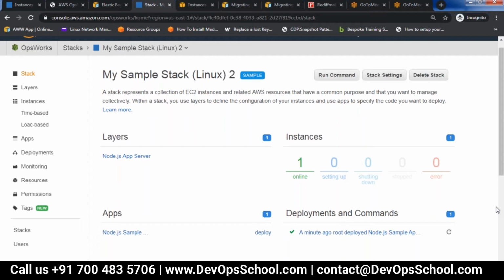So there are different methods used in deploying, so it depends upon your requirement. Many a times people create the underlying infrastructure with the help of CloudFormation, and then they use OpsWorks for deployment of their application. That combination also people will use.